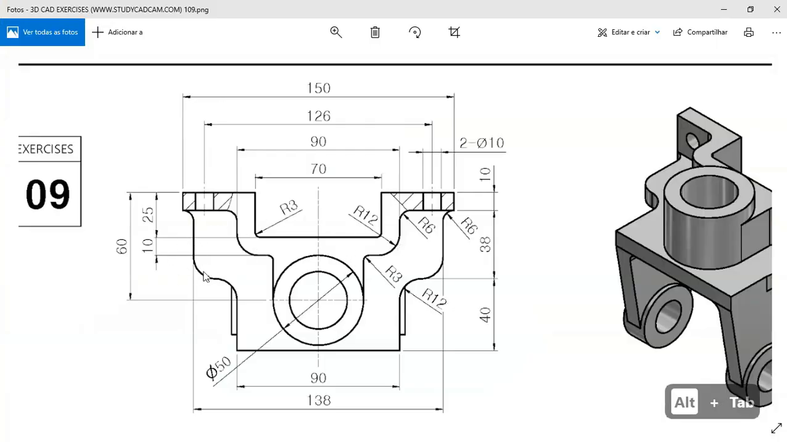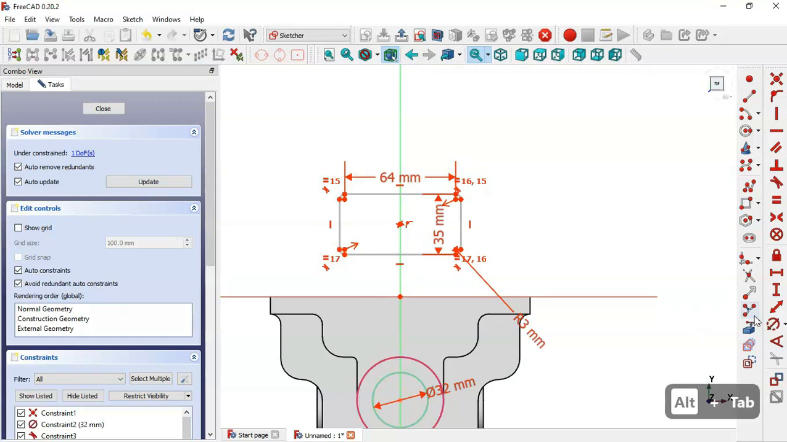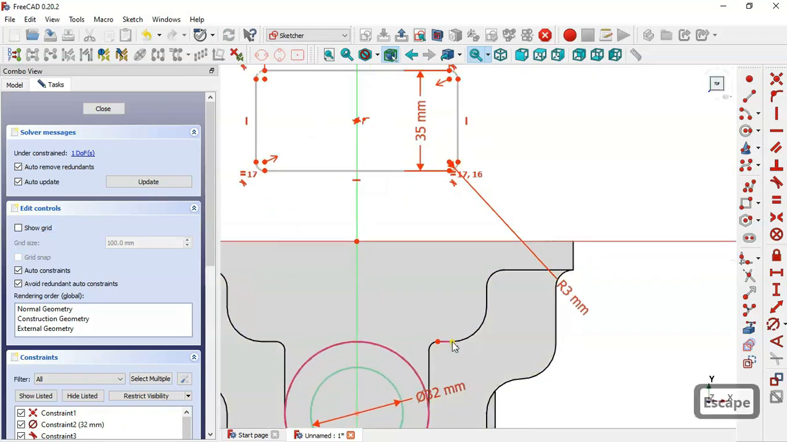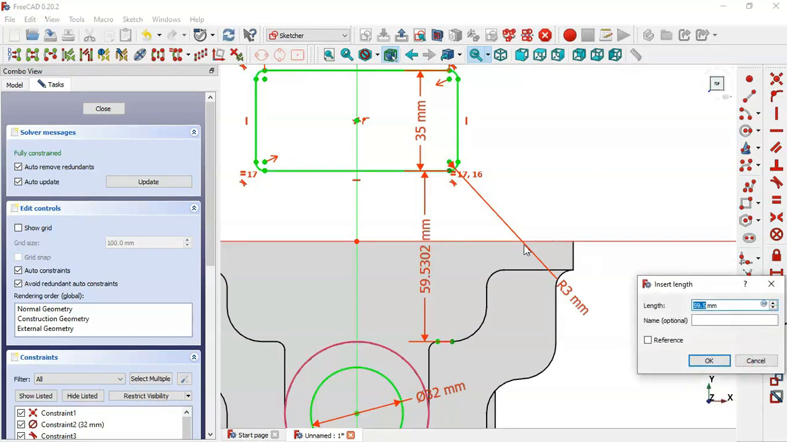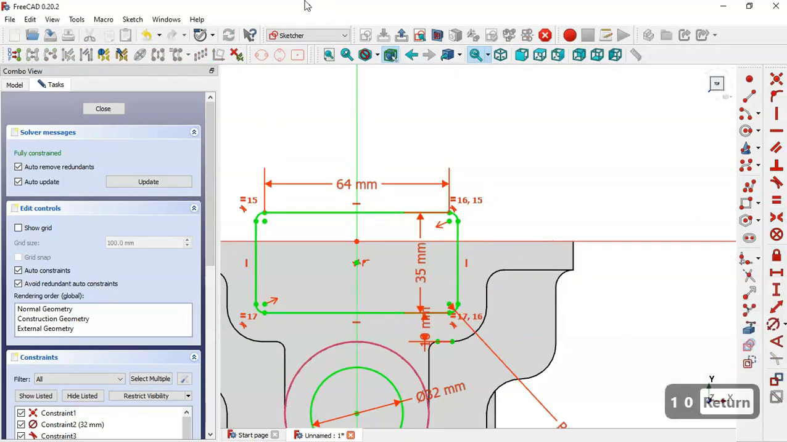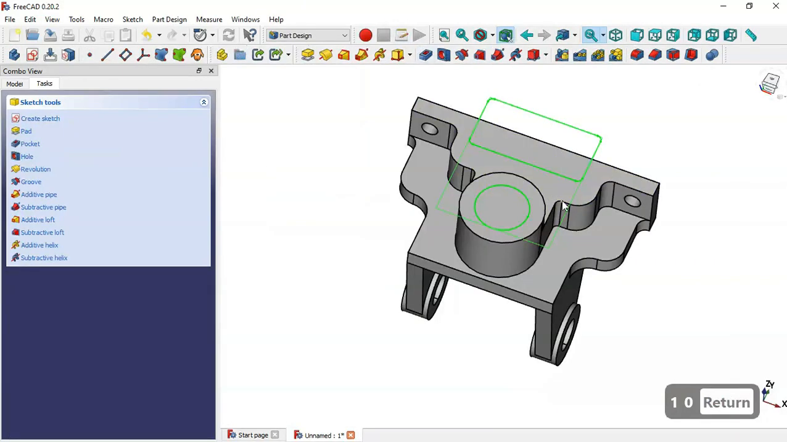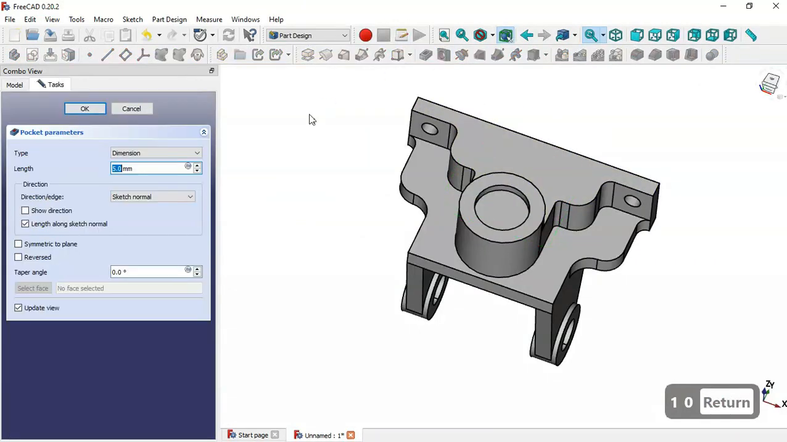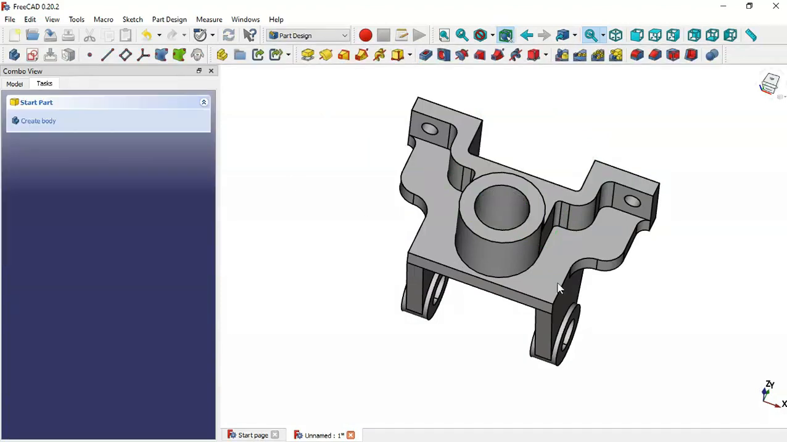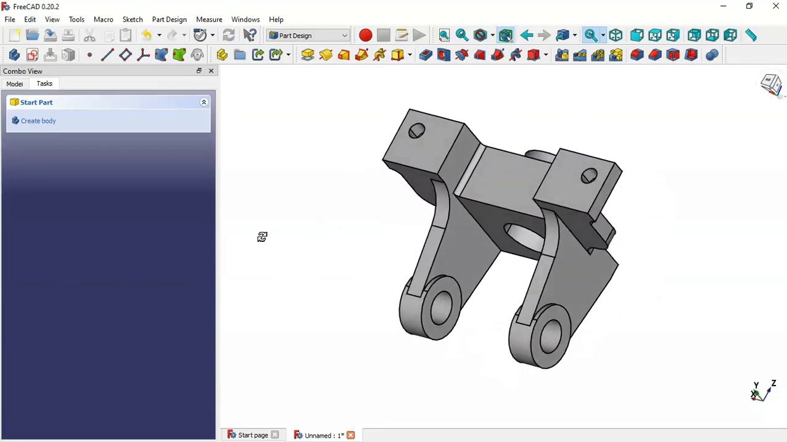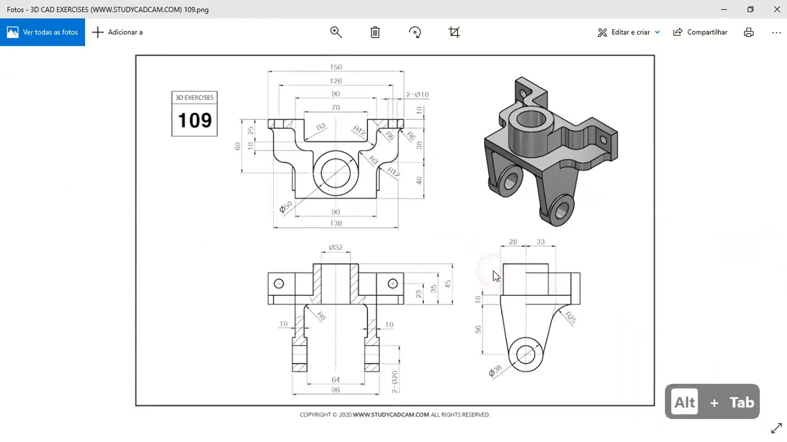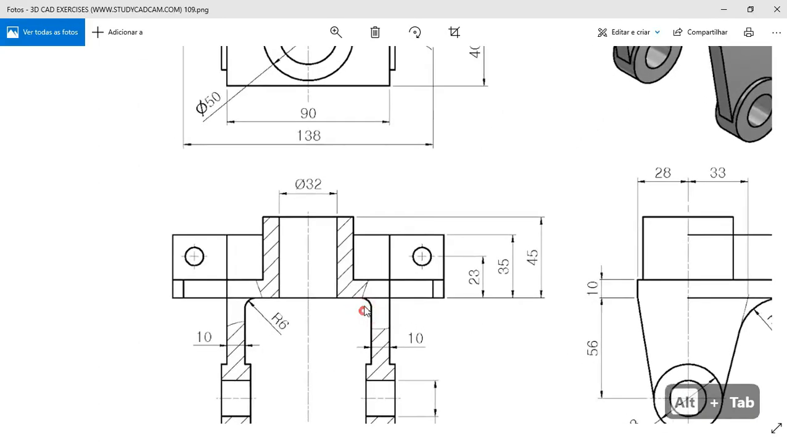and now I will set this distance here. So here I will extract this edge here and I select this point and this point here and I set 10 millimeters. Okay, and leave the sketch and now select pocket tool and here we set through all and okay. So now we got this wall and this pocket,